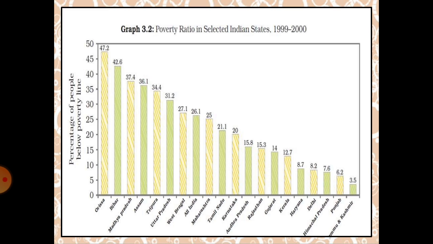On the basis of 2011 to 2012, the poverty line for a person was fixed at that time. When a person earns around 816 rupees per month in the rural area, he is not included in the poverty line. But now it has changed. A person in an urban area should earn 1000 rupees, and along with this his calorie requirement should be met. How much calorie? In rural areas he should get 2400 calories, and in urban areas 2100 calories. So this is how the poverty line has been designed.